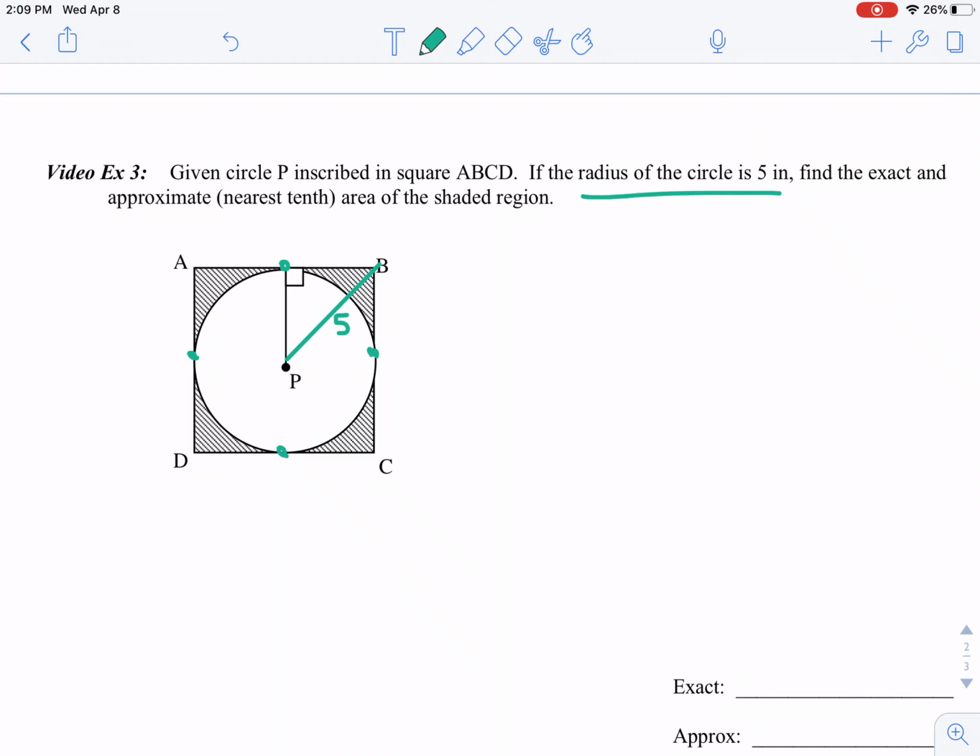Oh, I didn't draw the radius in the right spot. The radius goes to the edge of the circle, right? Not the corner of the square. It goes to the edge of the circle. So the radius is 5 inches. And we would like to find the area